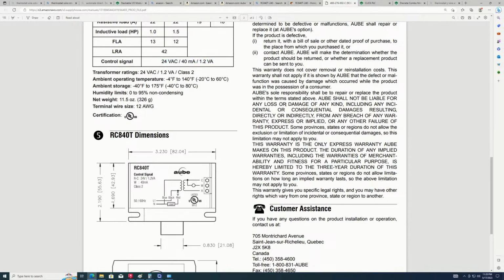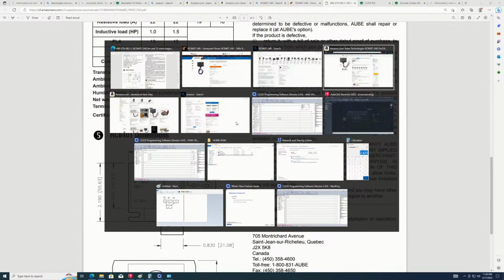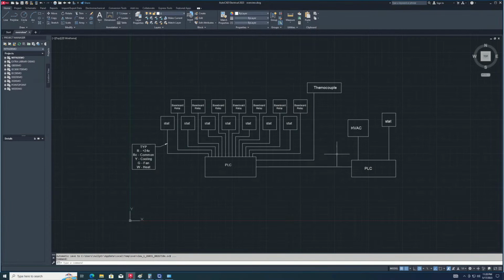All right, so that'll be AC. That's cool. Okay, cool. Let's see. AC, AC. All this is AC. The thermocouple will be analog. HVAC stat, PLC. Cool. Then we get to